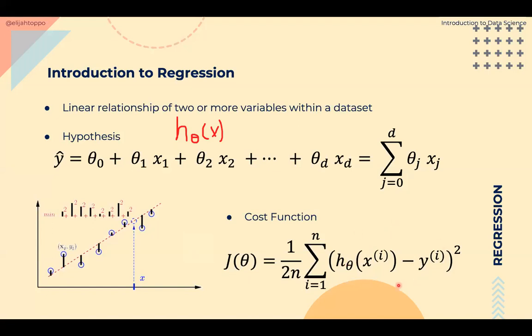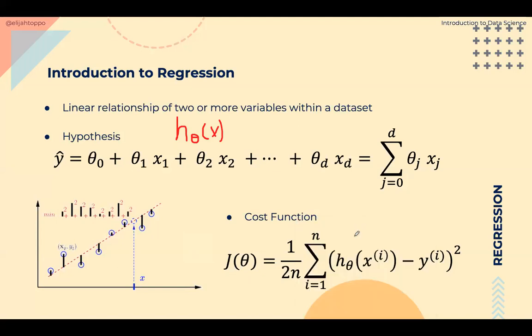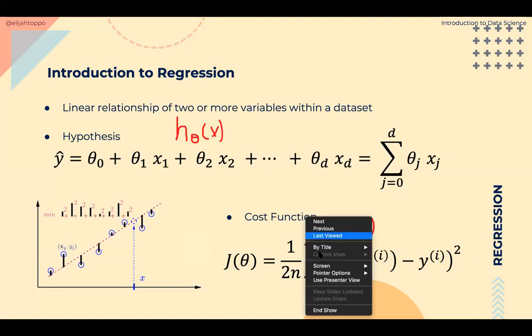If you look at this formula, in the innermost part we have h theta of xi, which basically says that for the ith sample xi, when I give it to this hypothesis function h theta, it gives me a prediction y hat. So this gives me an answer of y hat. Let me write it down. This is the prediction of my model, that is y hat for my ith data. If I have n data points, the data point number i gives me this prediction.